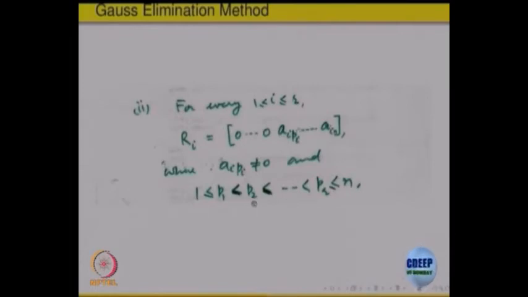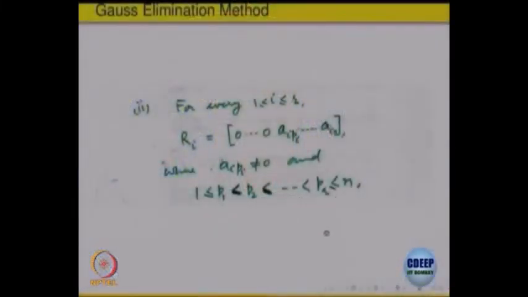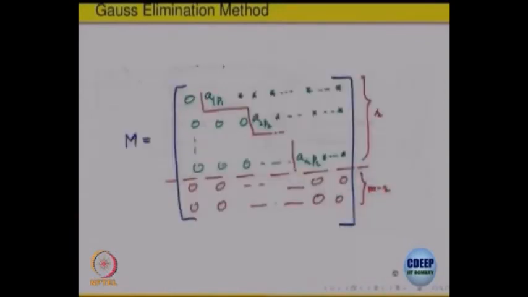And these numbers should be in this order. p1 should be strictly less than p2, p2 should be strictly less than p3. What does this mean? In the first r rows the non-zero entries can't go back. If it comes at some place in one row, then in the next row it has to be on the right side of that column, and the previous ones are all 0. So, the first non-zero entry comes at the p_ith column. If p1 is somewhere, then the p2 non-zero entry should not come on the left side of that column, it should be only in a column numbered on the right hand side of it. So, that is the property of p1, p2, up to pr. Okay. So, this is what the matrix will look like.